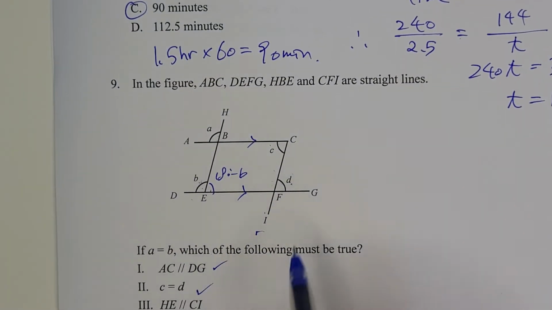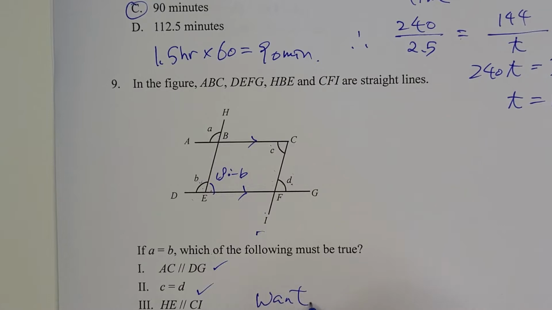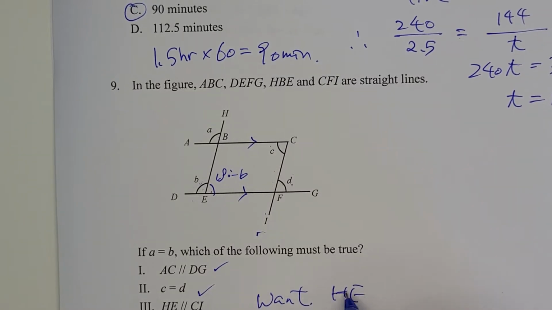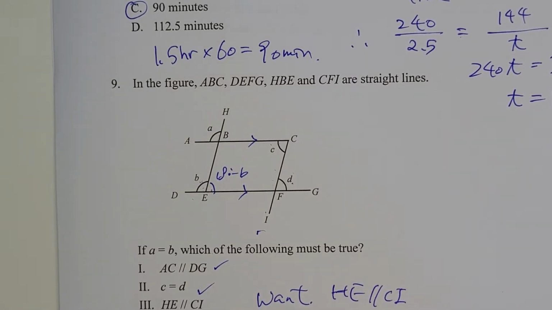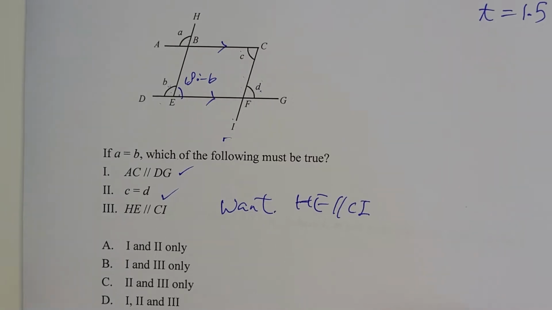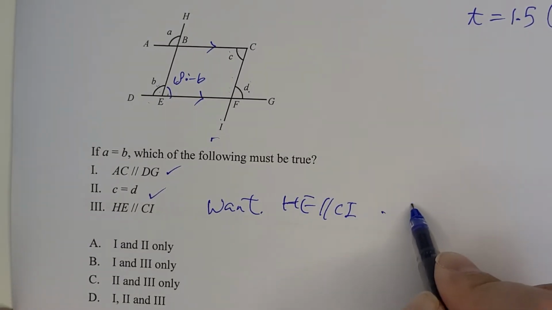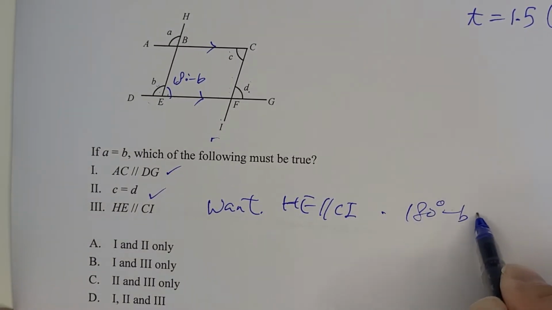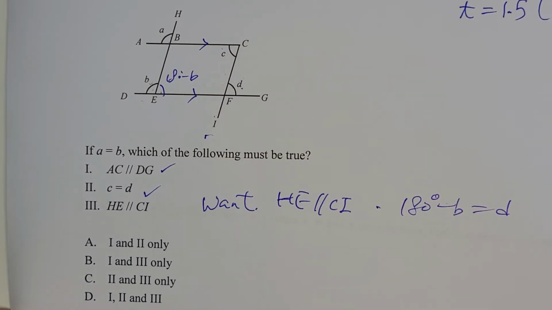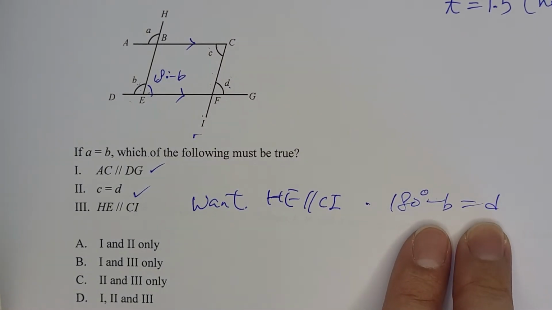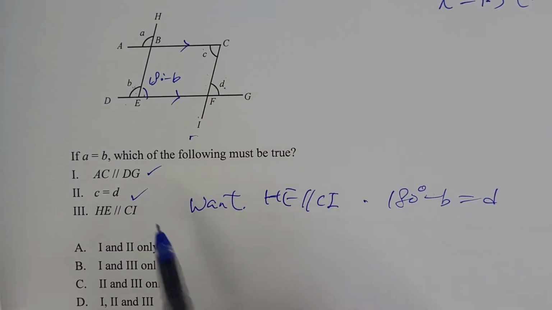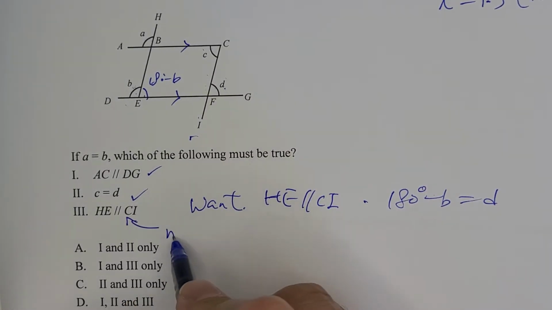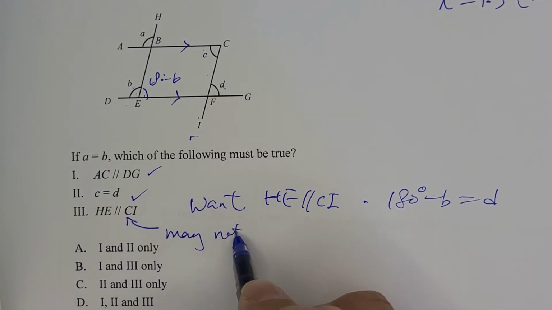If you want HE parallel to CI, then what you need is 1x0 degree minus b equals d. But you do not have any information about these two numbers. So this statement 3 may not